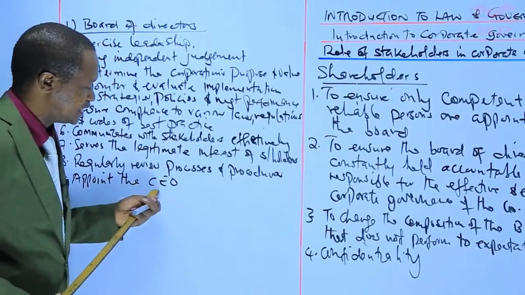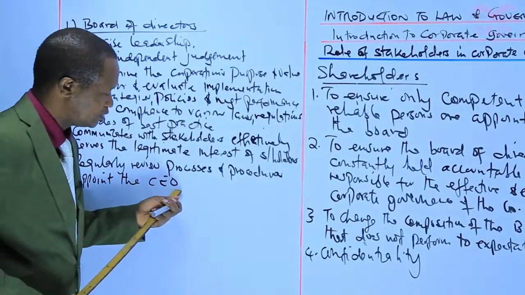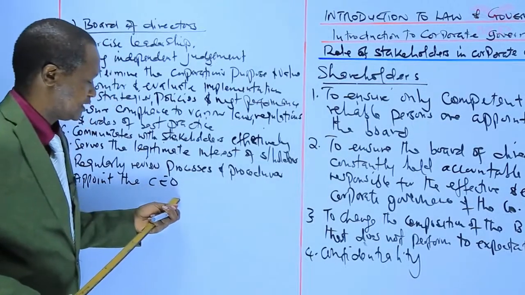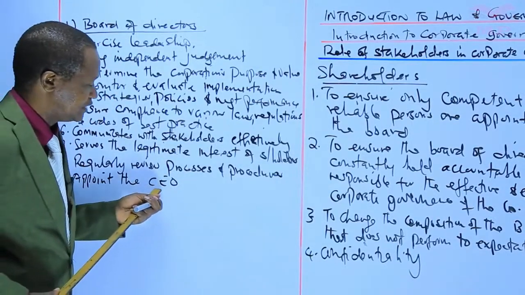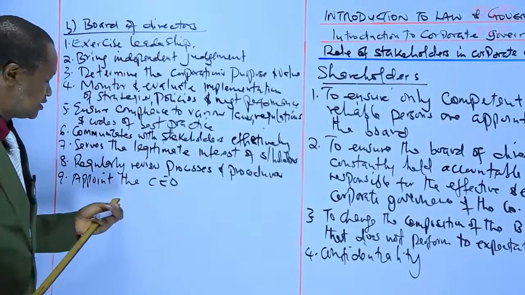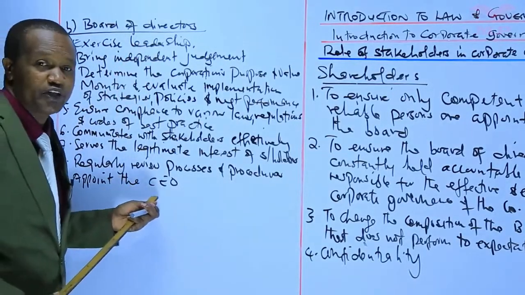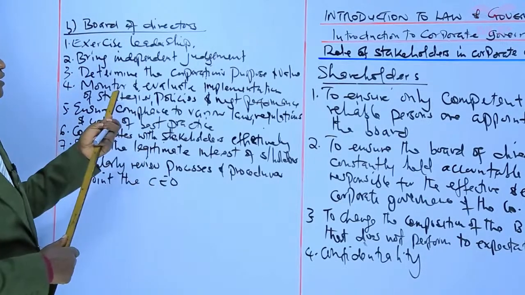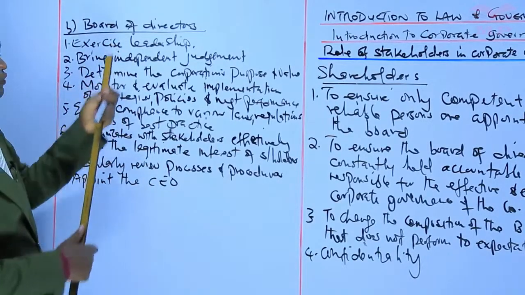The chief executive officer is the one who is in charge of the day-to-day operations of a company. Then if that be the case, the board of directors should be responsible for the appointment of such an individual. Of course, we have seen here that the board of directors